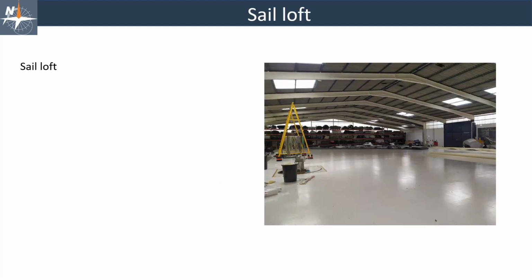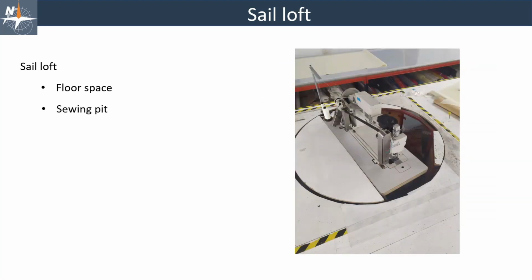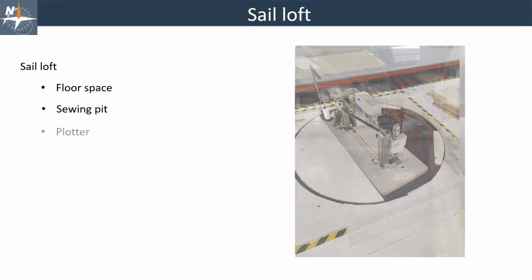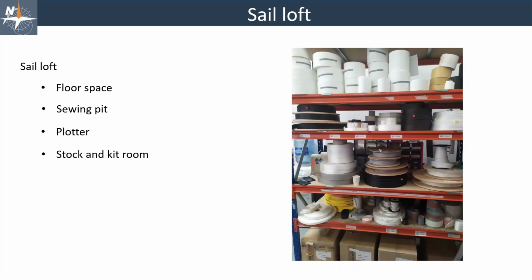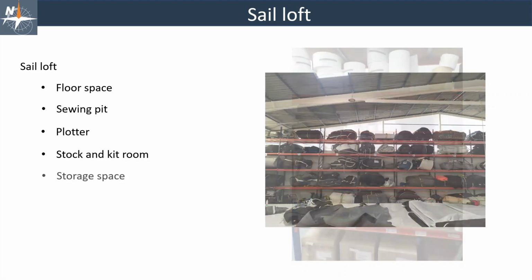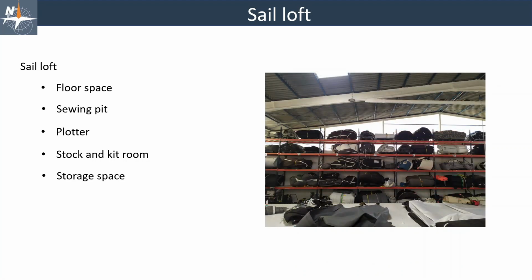Then we dedicated one lesson to the sail lofts and went through the main characteristics and equipment that we can have in a sail loft. So we talked about the floor space, which is the actual space where the sails are built, the sewing pit where we have the sewing machines, the plotter used to cut the materials, the stock room and kit room to manage and organize our stock, and the storage spaces in some sail lofts. We also spent one lesson describing the sewing machines and their characteristics, because they are the primary tool for a